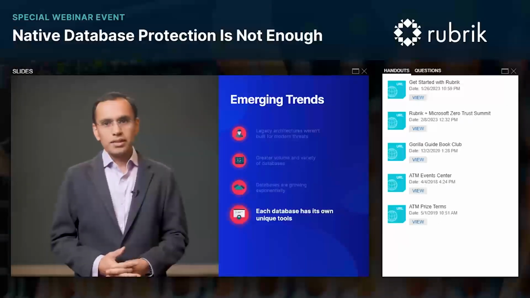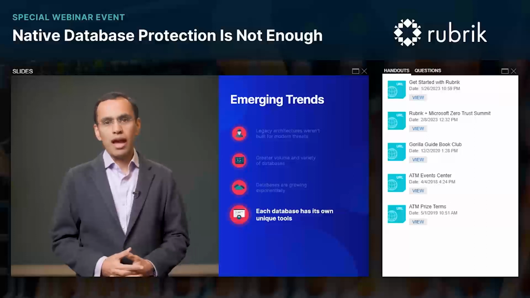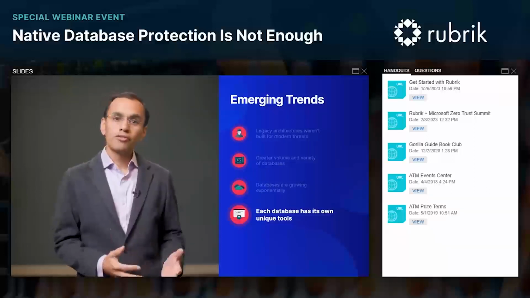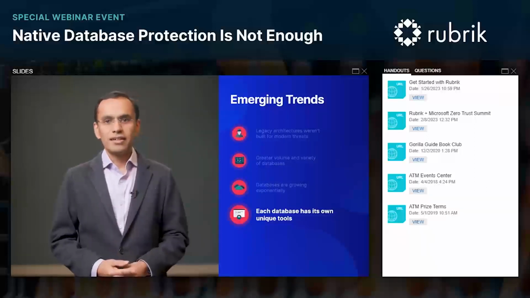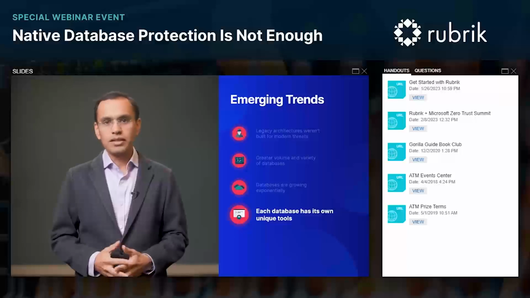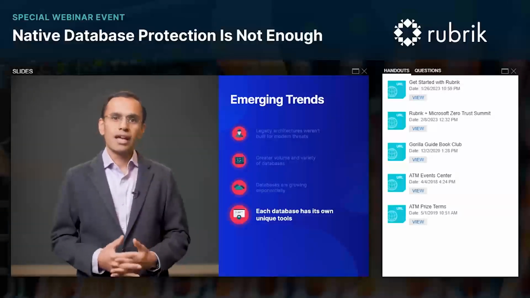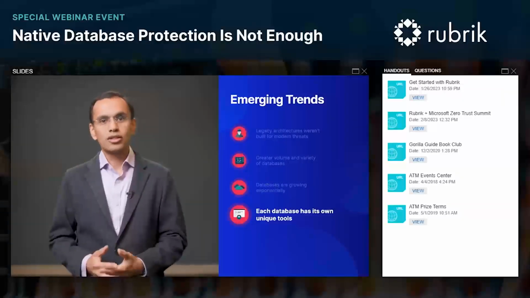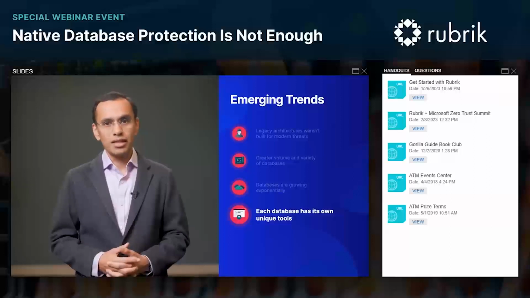Each of these databases have their own tools for backup and restore, along with different business SLAs. Dealing with this complexity is expensive, creates silos, and increases the risk that critical data will be left unprotected.